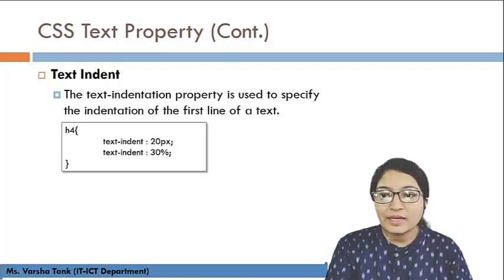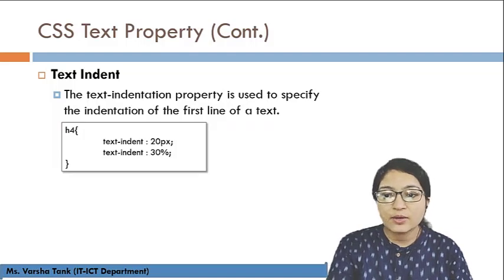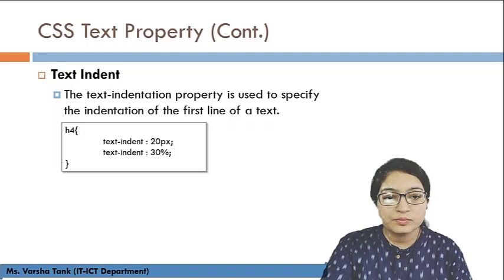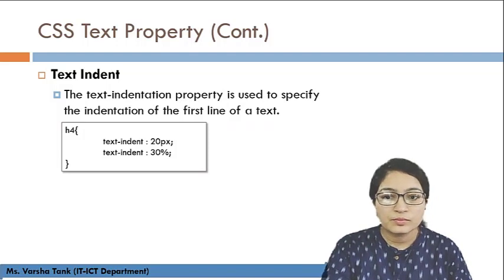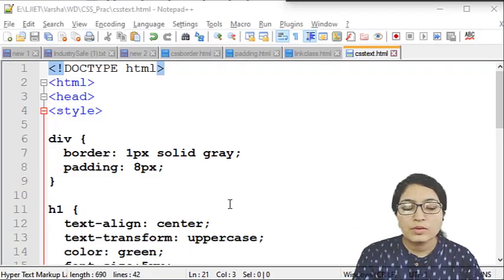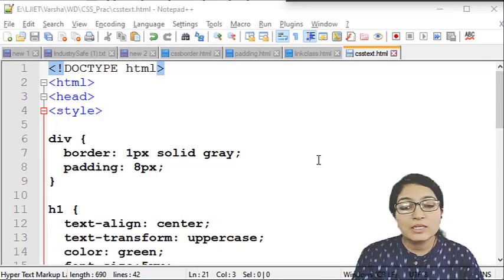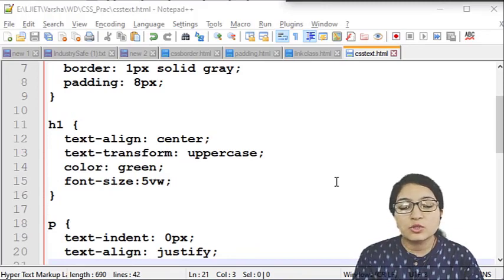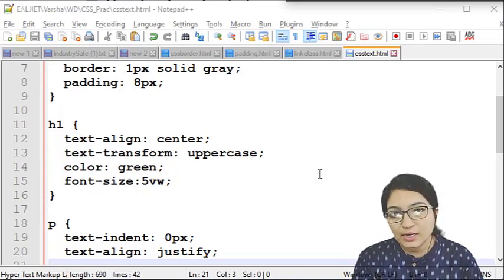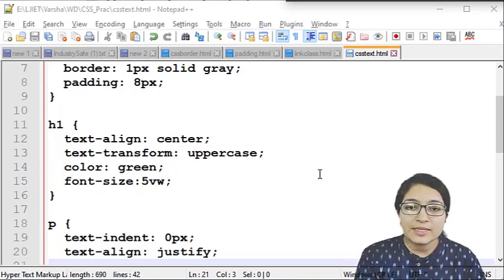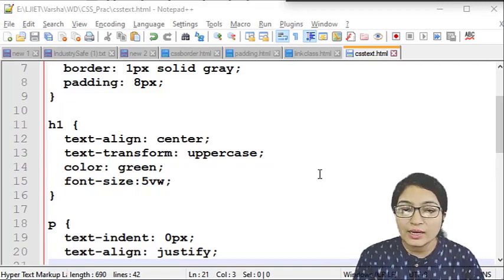So let's see the practical for this text-indent and text-decoration first. Then we will see the different properties later on. Now here you can see this is the CSS text practical in which we will see these two properties first: the first one is text-indent and the second one is text-decoration. Normally text-decoration is used for removing the underline that comes by default in the anchor tag.